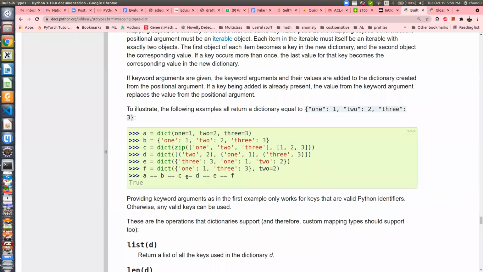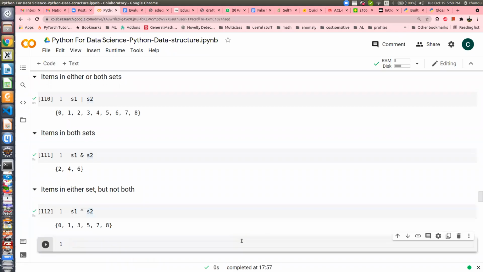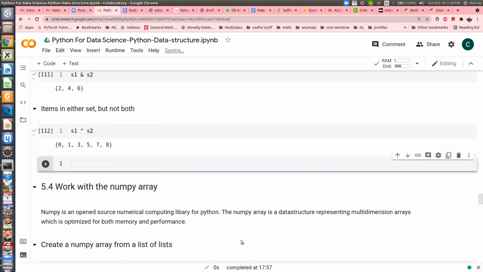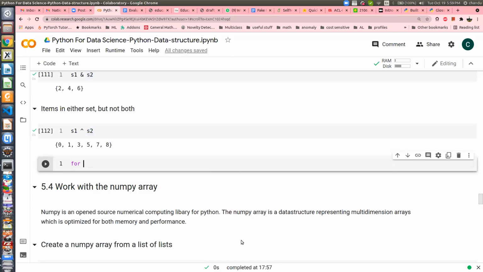Sir, can you briefly explain the loop? Okay, I have 1 minute, so I'll talk about loops. In Python, we usually go for a for loop. Let's say I want to iterate over a range of numbers 0 to 10.